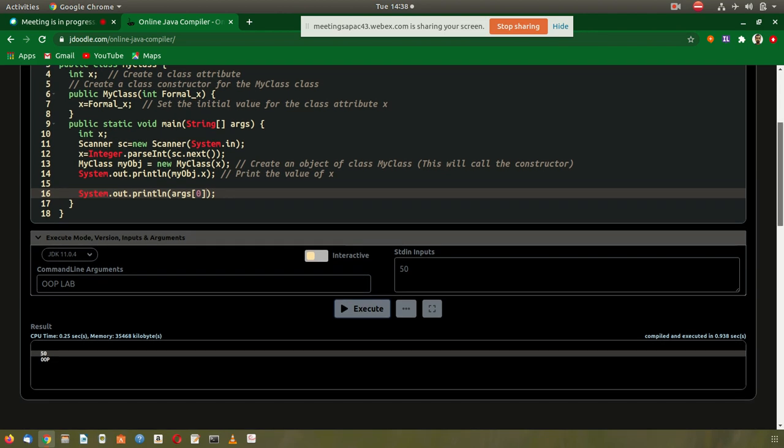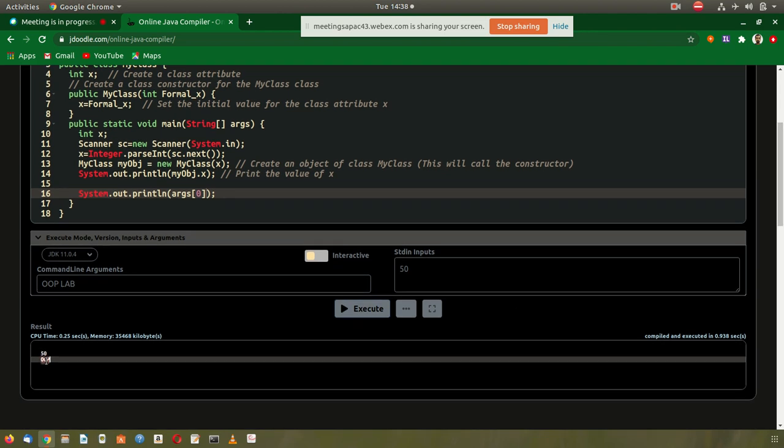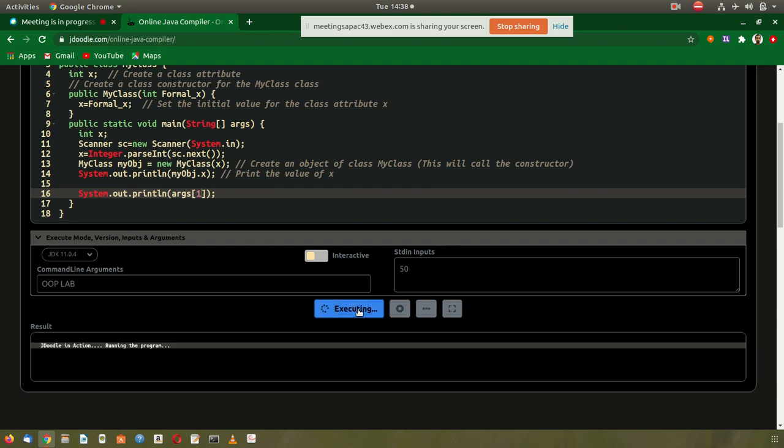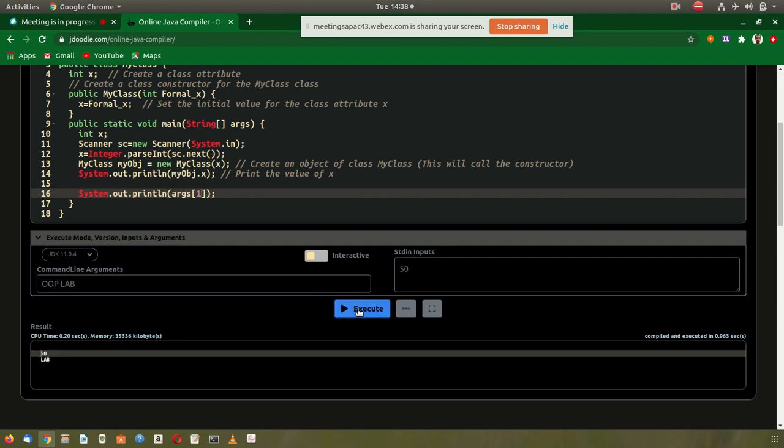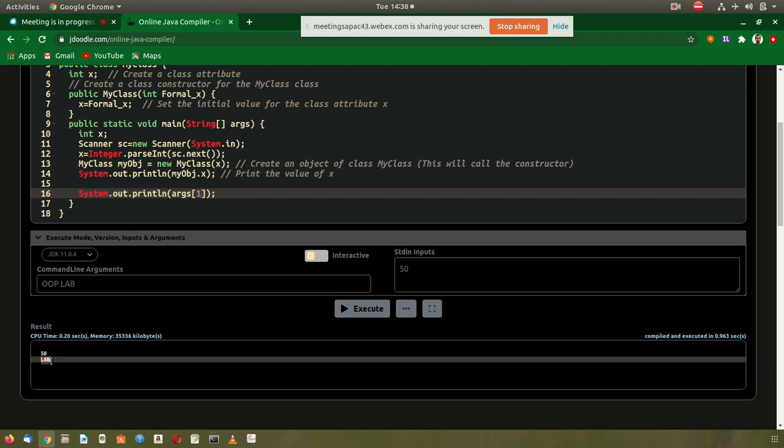So you see this time OOP is the output. This is called a command line argument. We have 2 values here: index 0 is OOP and index 1 will be lab. So execute. This time index 1 gives lab.